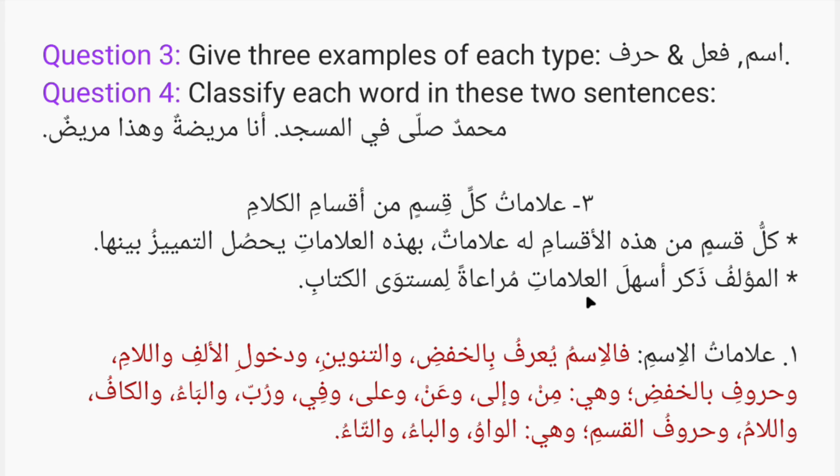المؤلف ذكر أسهل العلامات مراعاة لمستوى الكتاب. And the author here has chosen the simplest and the easiest signs because he has taken into consideration the level of the book. علامات الاسم. What are the علامات of the اسم? The author mentioned, and this is the متن: